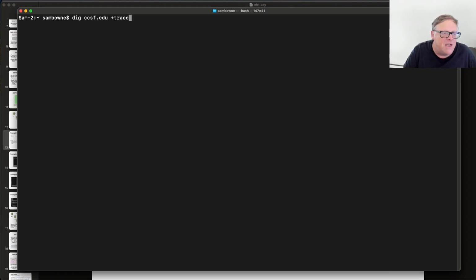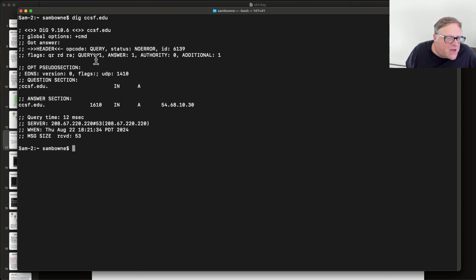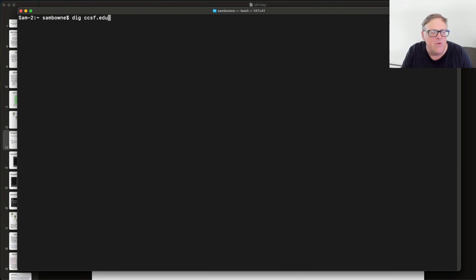But anyway, if I dig ccsf.edu, that will just find the address for ccsf.edu and show you. It tells you query 1, answer 1, authority 0. This tells you I sent 1 question, I got 1 answer, but it was not from an authoritative server. It's a server with a copy of the record, but it's not the master copy. Normally that's good enough because you trust the system of reproducing the data. So all I get is this 1 record, the A record, which is the IP version 4 address for City College. All right. Now, but if I add +trace to that, then it's going to trace the entire process